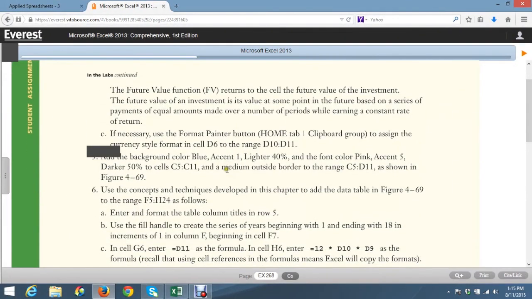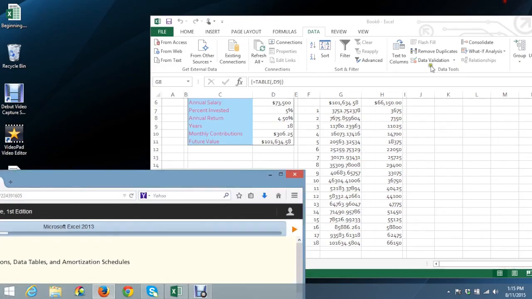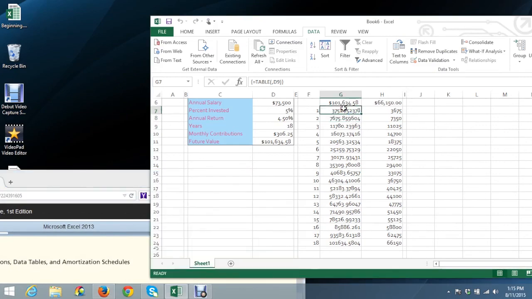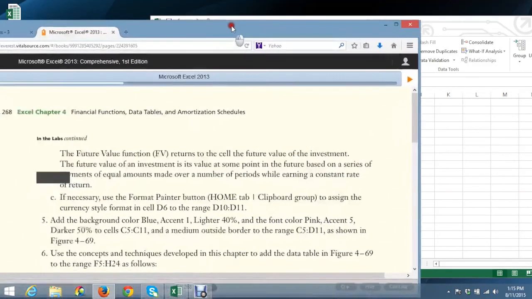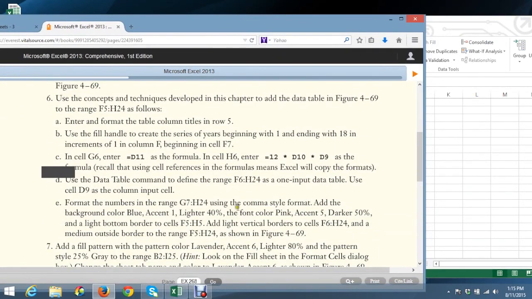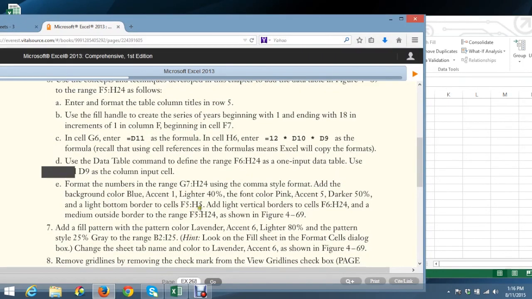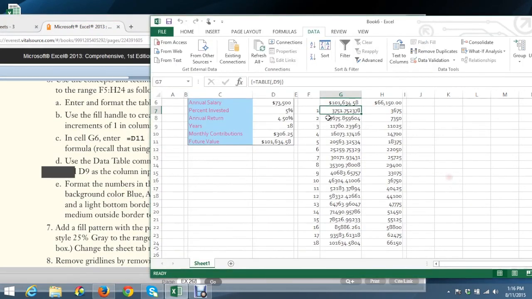Again, I'm going to continue on, and once I've completed that, I need to make sure that I have my currency cell formatting. So on these, you'll have currency with a comma style. And again, you're just going to do some of the simple basic formatting that we've talked about previously. So we have the comma style format. You want to make sure that you apply the comma style format, and that you're also adding in the background color. And so our background color will